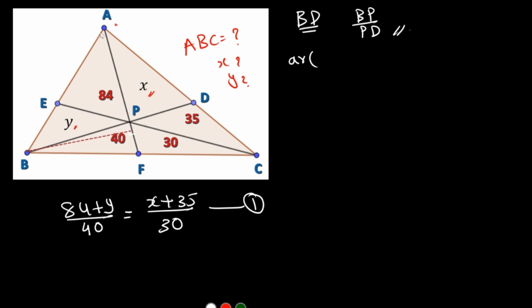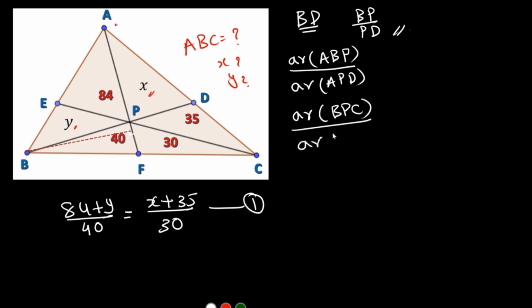So area of ABP by area of APD. This ratio. Similarly, if you write below, area of BPC